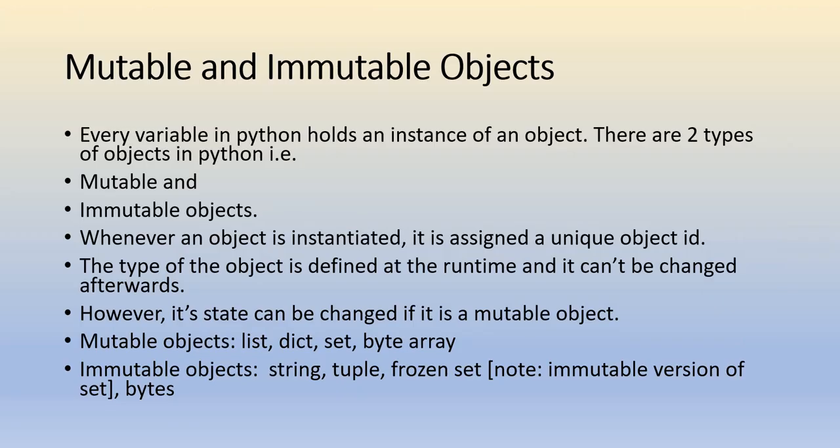In today's session, I want to give you the information regarding mutable as well as immutable objects. So, what are mutable objects normally? Here, in Python, there are two different kinds of objects. One is